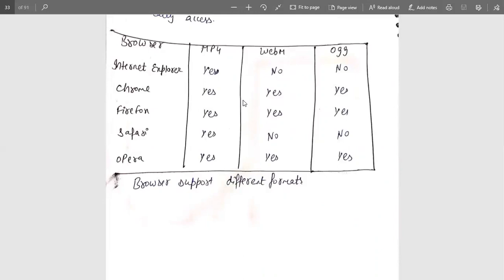The main key points of this video are: how can we insert an image, what are the basic attributes for inserting an image, and what is the basic syntax for that. What do you mean by multimedia? Can multimedia also be inserted in an HTML web page or not? If it is possible to insert multimedia objects in a web page, then what is the basic syntax for that? Is there any difference between an image and multimedia? Is there any relationship between multimedia and an image? So these are some basic key points we must know after watching this video. So this is all about HTML images and multimedia.